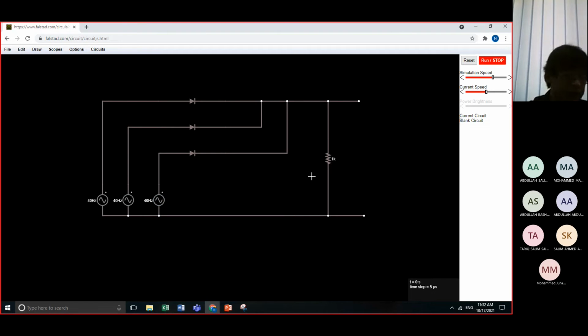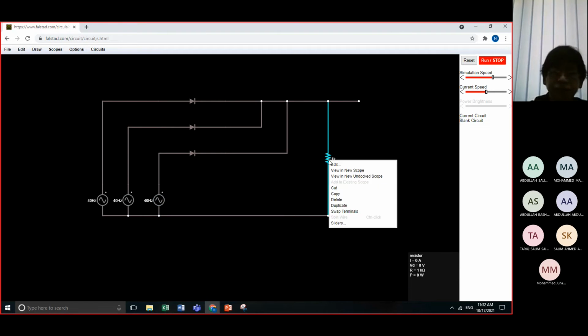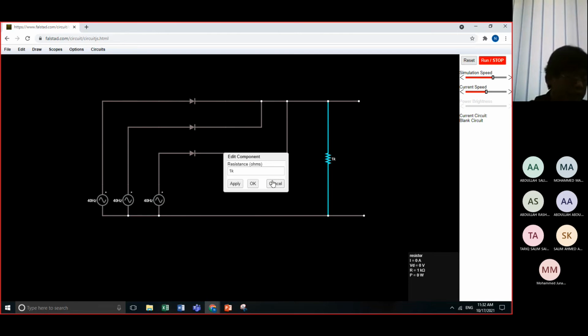About the resistor, how much is the resistor? Edit, and then my resistor value is 200, right? Okay, 200.